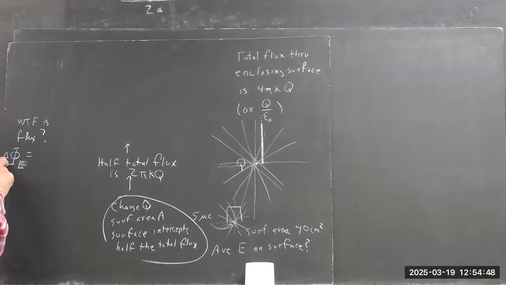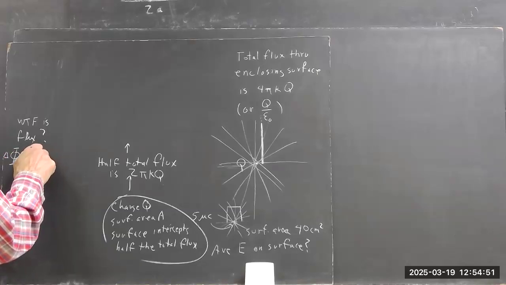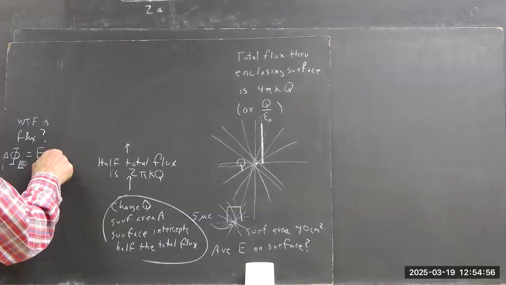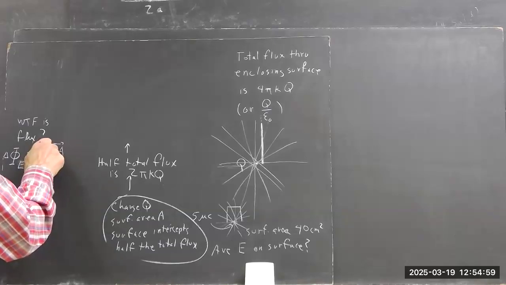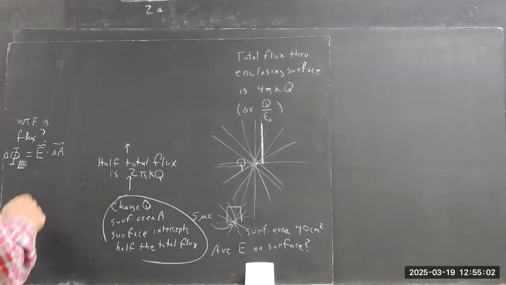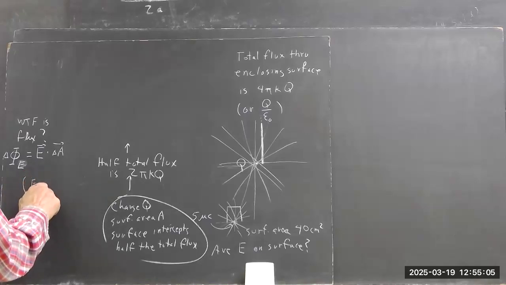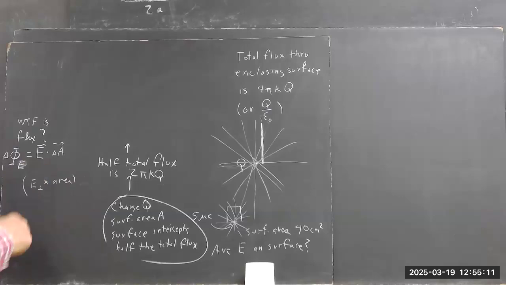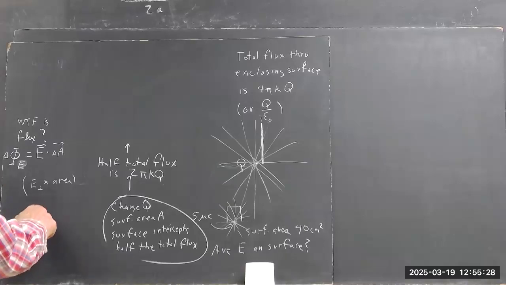I'll do this. Delta flux is electric field dotted with delta A. And E dot delta A means E perpendicular times area. You can work out your multivariable calculus to the point where you know that. It's not even multivariable calculus, it's pre-calculus. Dot product, meaning of a dot product. Okay, but if you want a picture,